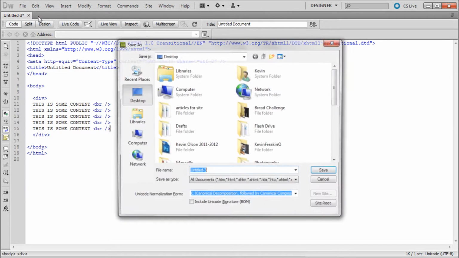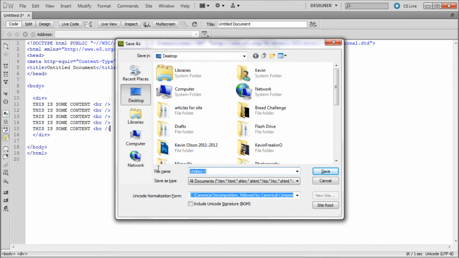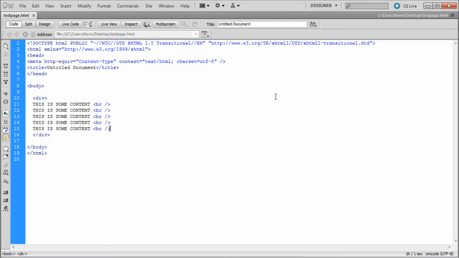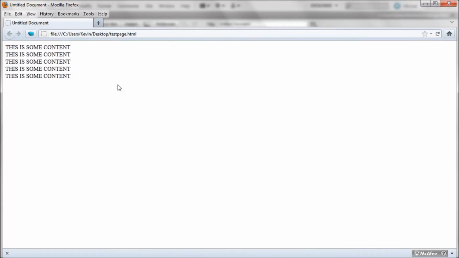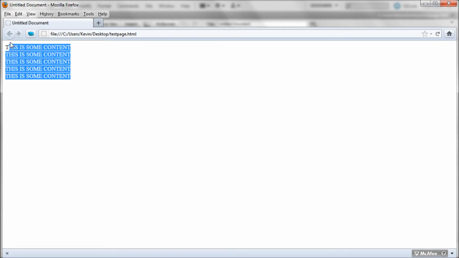Alright, so I'm going to save it now. And I'm just going to save it on the desktop as test page. And save it to the desktop. And now we can test it in Firefox so you can see what we have so far. And so here's what we have. So now I'm going to be able to show you how to actually put, say, a border around it and